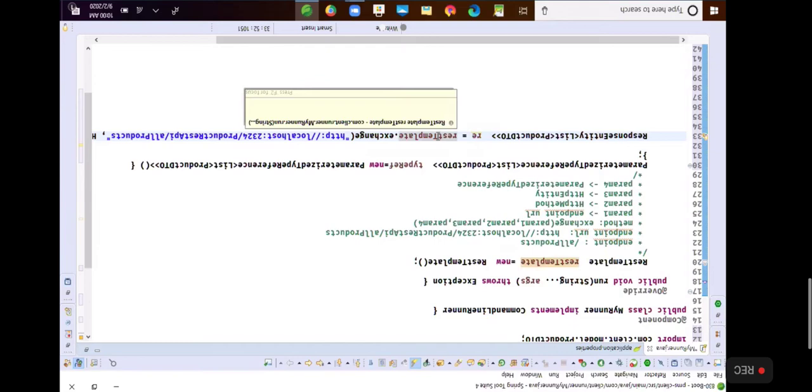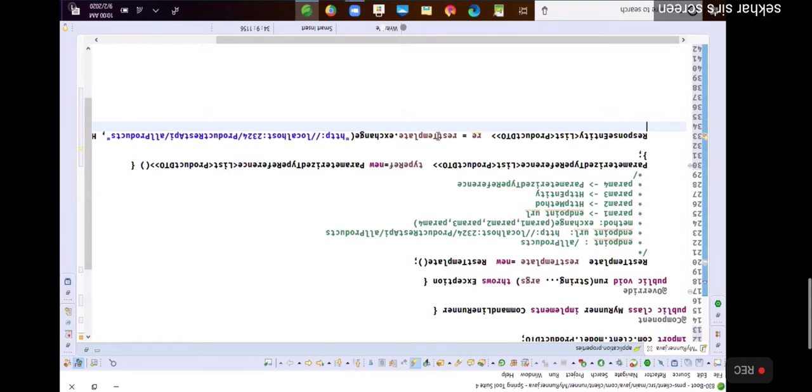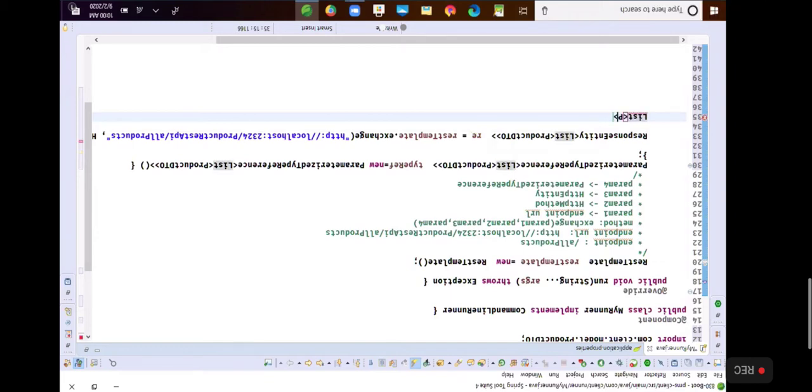So then I will tell you what I am doing actually. I would like to do one thing. See, a list of product DTO, say productDTOList equal to RE dot getBody.